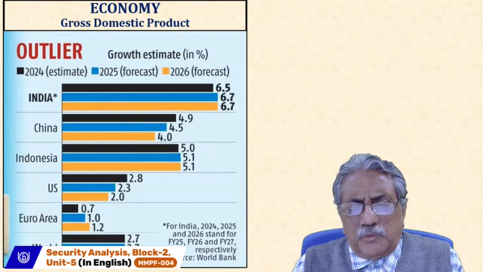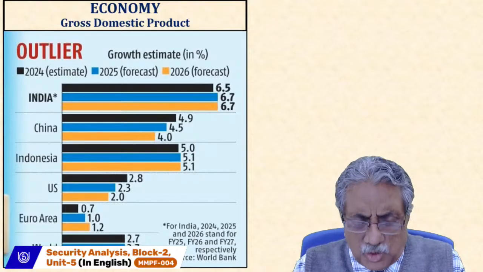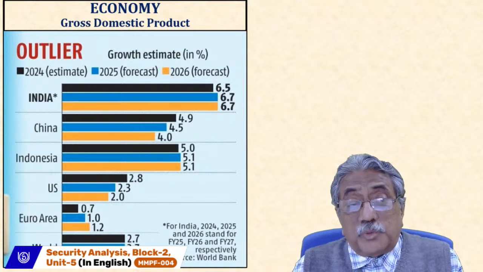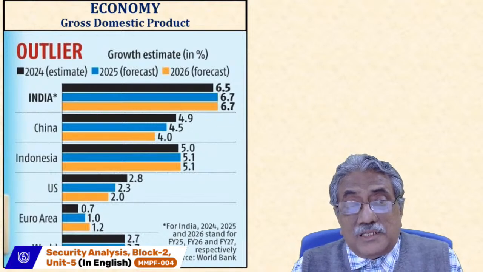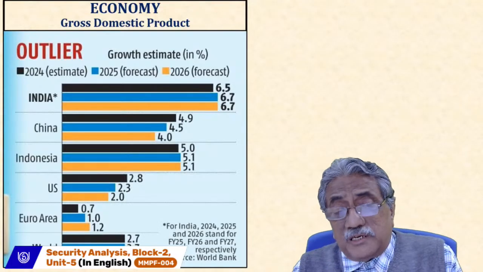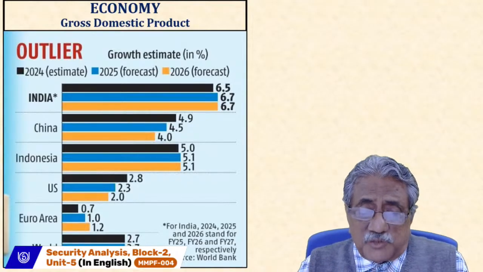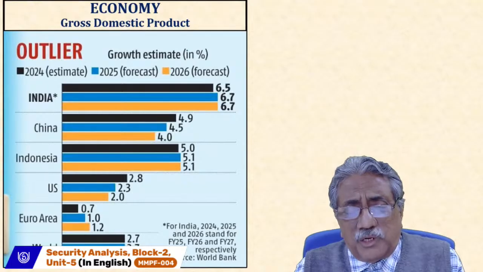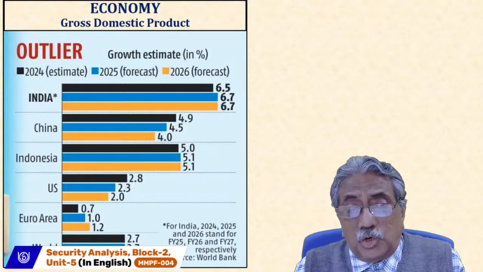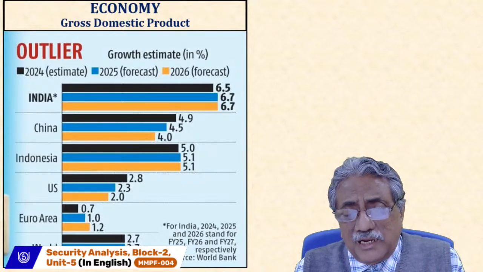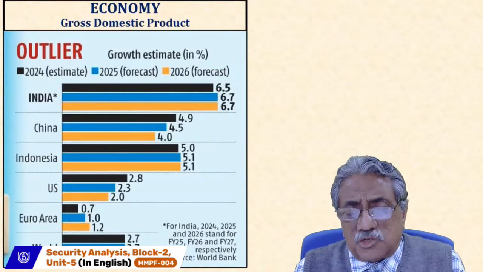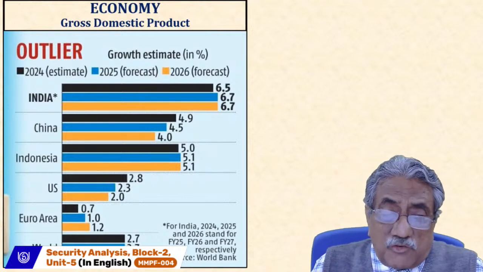The consumption of the people, because the inflation, I'll come to it, is low. GST has come down, you know that prices have come down. So people's buying power has gone up. Then you have government investment in infrastructure. Then you have private investment, semiconductor. Then your investment in solar power, investment in various startups and etc. So there is a good amount of investment by them. And even if export is less than import, our overall GDP growth is solid and one of the best in the world as of now.